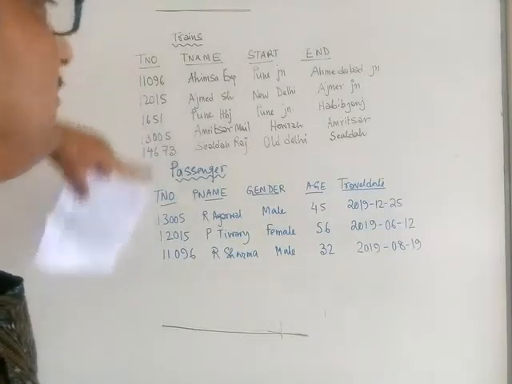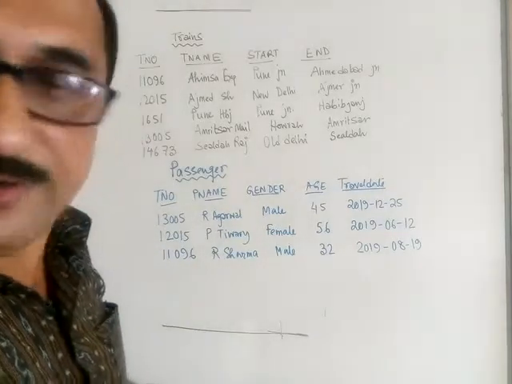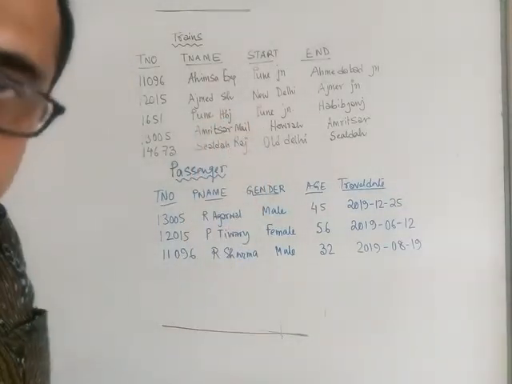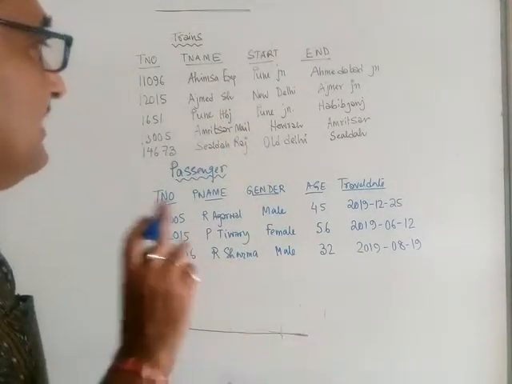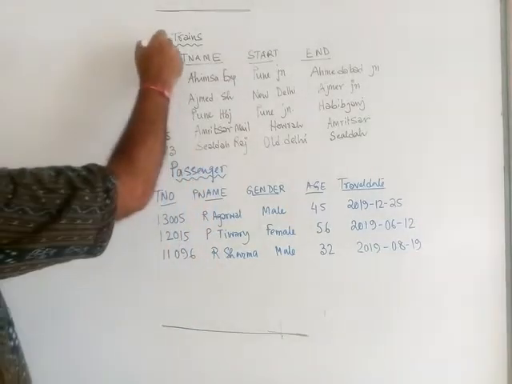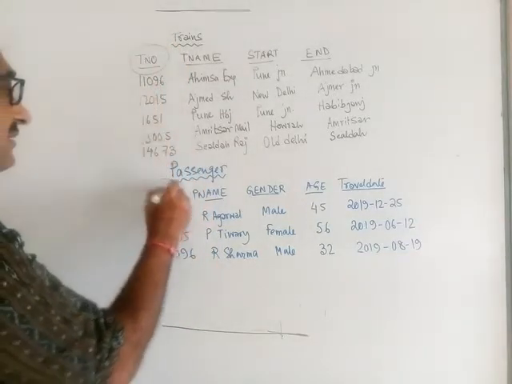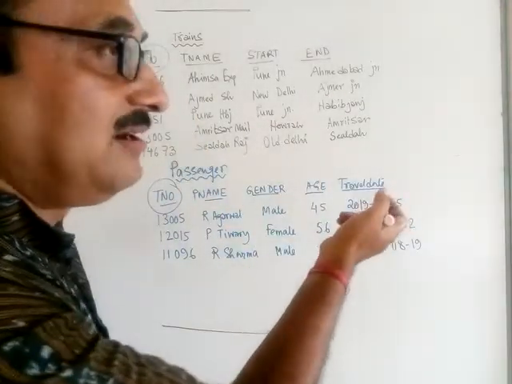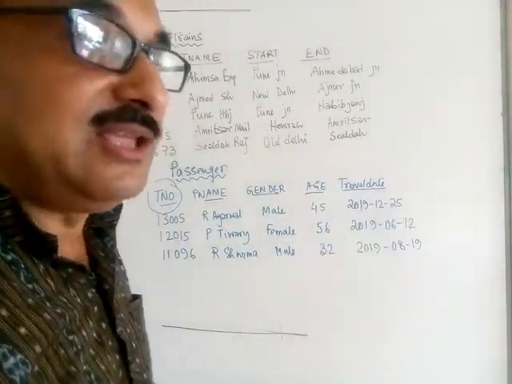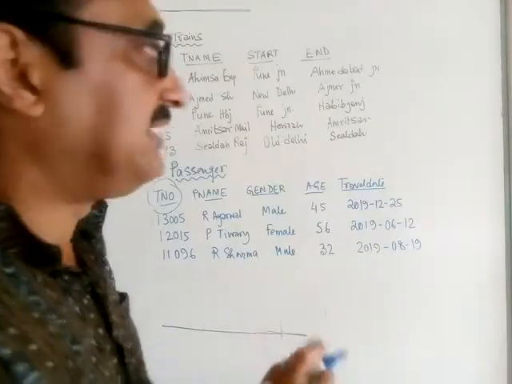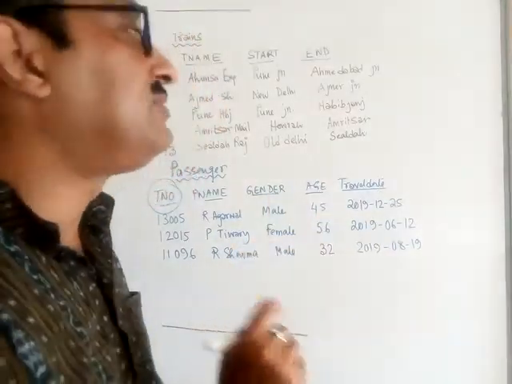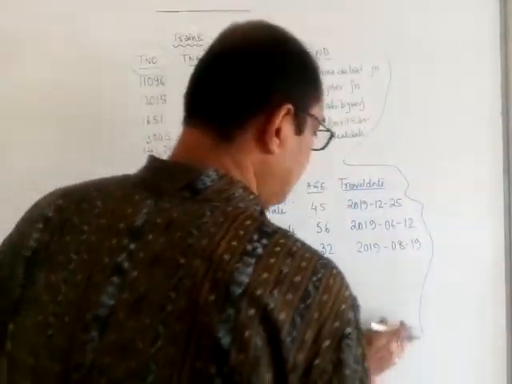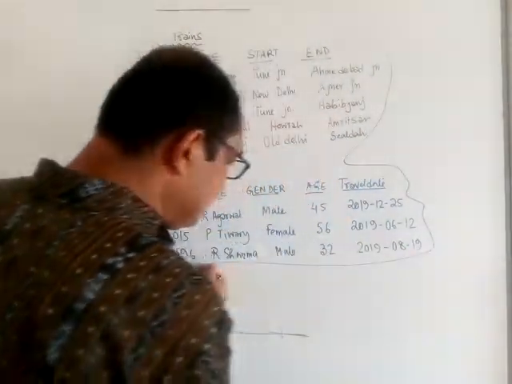So here basically we have to use the concept of equijoin, right? You know it very well. We can use a join here also if we want to. But one thing we have to remember here is that TNO is a common field in these two tables. So when we write TNO in the select command, we need to mention very clearly from which table that TNO has to be taken. This is another mistake which most of the students make. So I am just writing the command for you here.